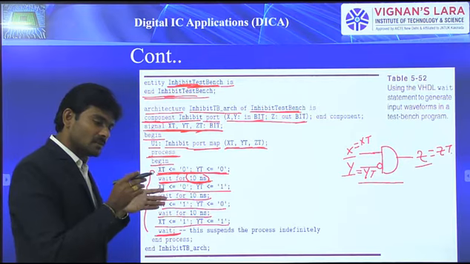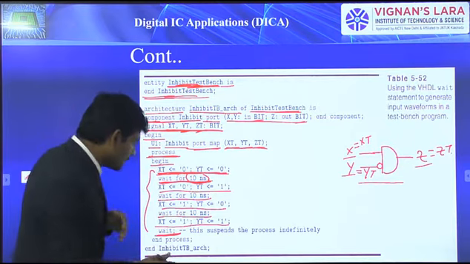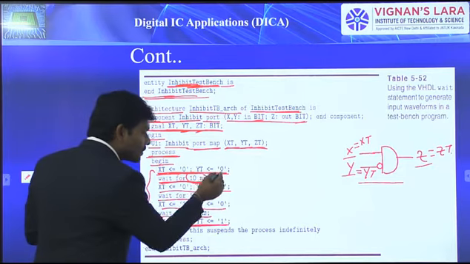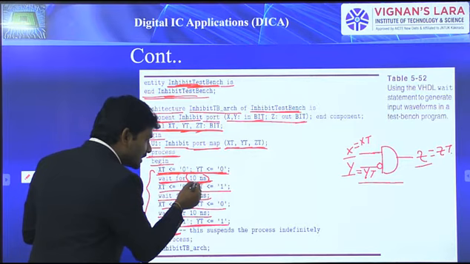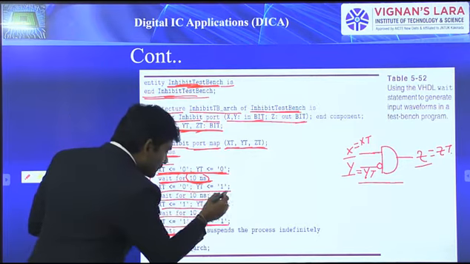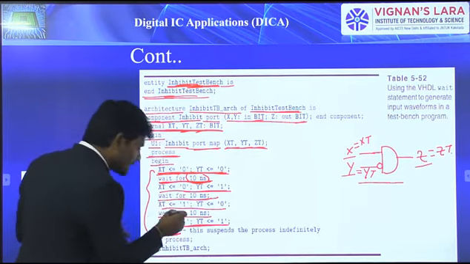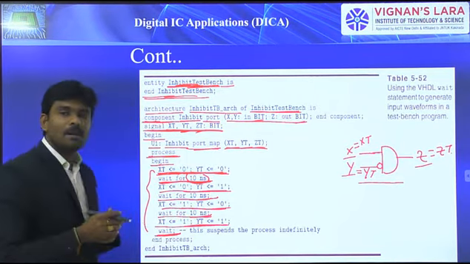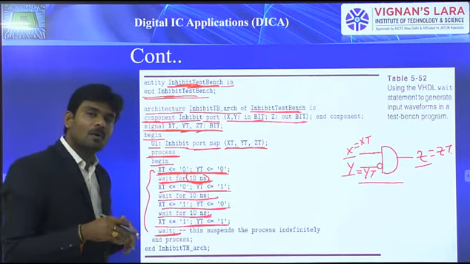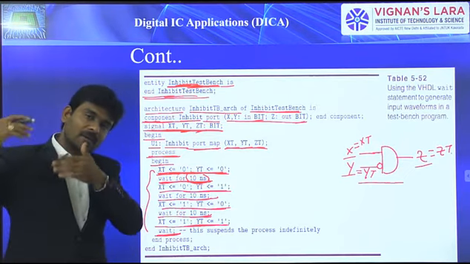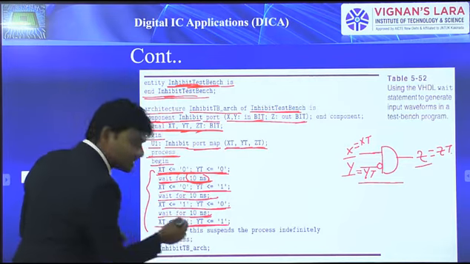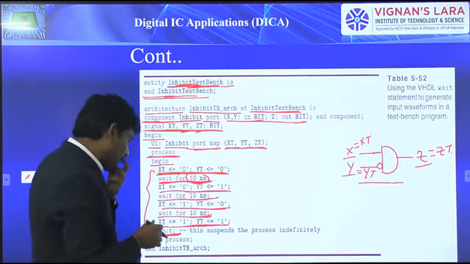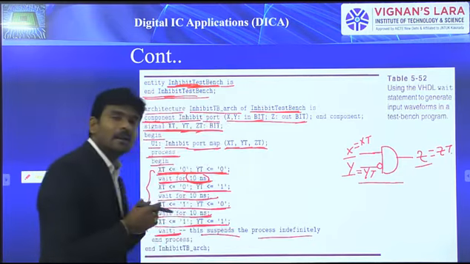Whatever waveforms it generated up to the last one, it has this particular output sequence. First it is going to generate output for 0, 0 and that will be there up to 10 nanoseconds. Then 0, 1 and that will be held for 10 nanoseconds. And the next one is 1, 0, that output will be held for 10 nanoseconds. And if you apply 1, 1, then that will be held up to wherever the simulation ends. Because here we mentioned only wait without mentioning any time, this suspends the process indefinitely.